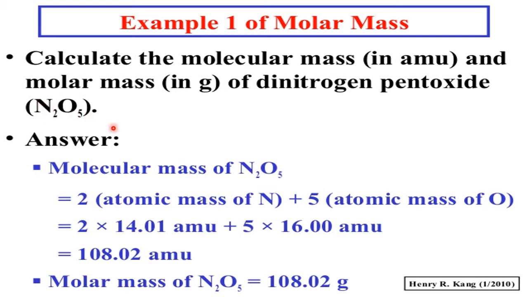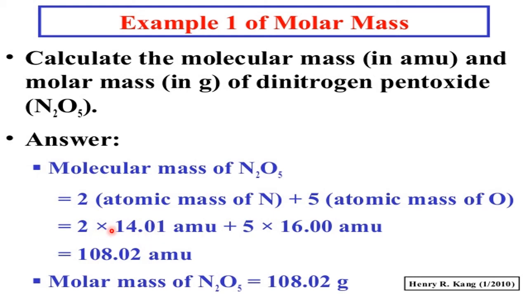Same method. Please see here. First step is, the molecular mass of dinitrogen pentoxide, N2O5. Then 2 into the atomic mass of nitrogen, 5 into the atomic mass of oxygen. So 2 into the atomic mass of nitrogen, 14.01. This is taken from the table, or you can ask for it, or it will be given in the question paper. 5 into the atomic mass of oxygen, 16. Here the atomic mass of oxygen is a round whole number, 16, whereas the atomic mass of nitrogen is a fraction, 14.01. Why? Please wait. The third topic is on this only: why are the atomic masses in fractions? Now, time, please hold.